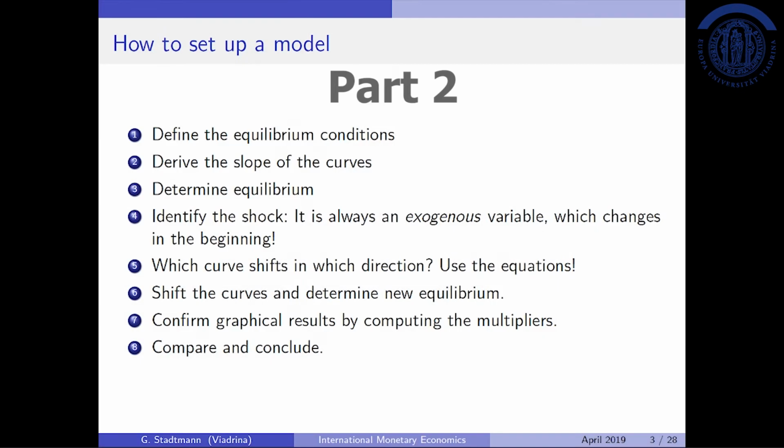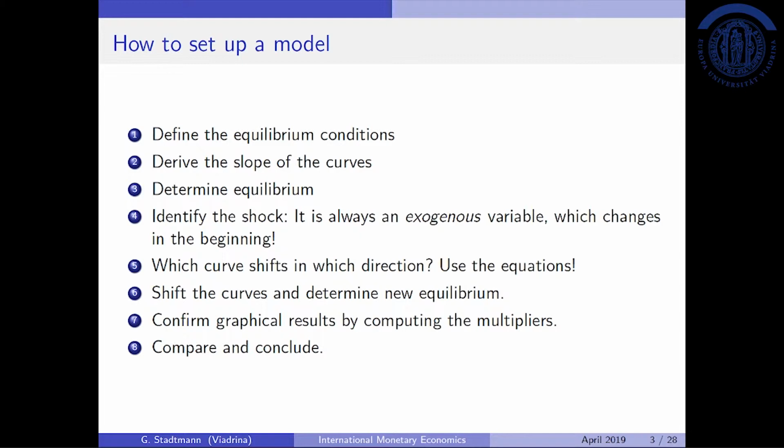Yeah, so welcome back to class. In the first video, we were looking at the first 3 points. So we defined the equilibrium conditions, we derived the slope of the curves, and we determined the equilibrium. This was a very important part, but the most interesting part will be derived in the next few steps,